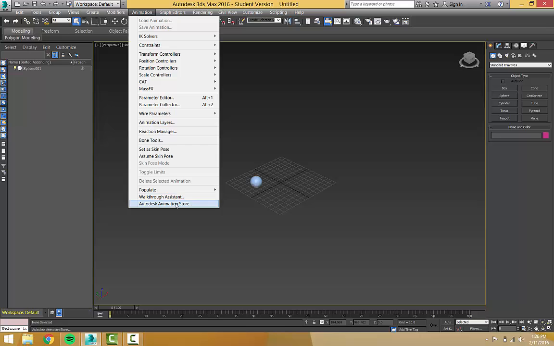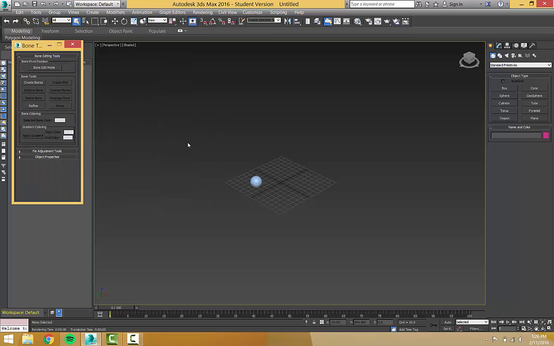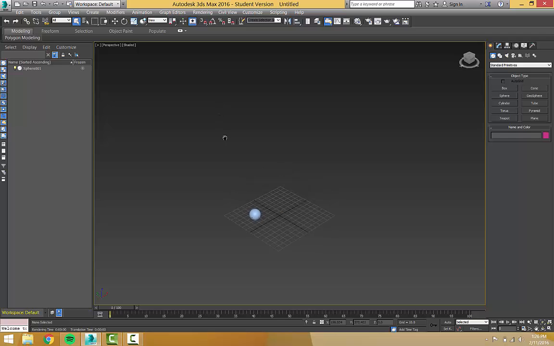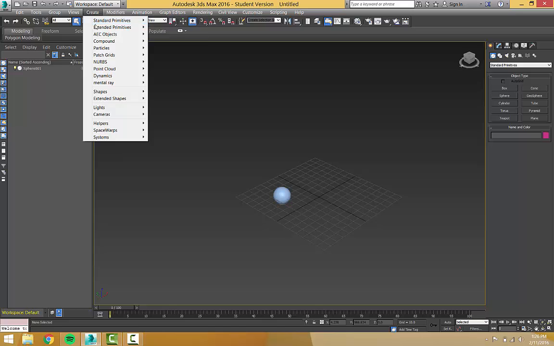It's a really huge range. The bone tools are the best. In bone edit mode, you can edit skeletons, it's great. But the one that I use all the time is where you animate something along a path. Essentially, what I'm going to start off doing is take an object and then create a